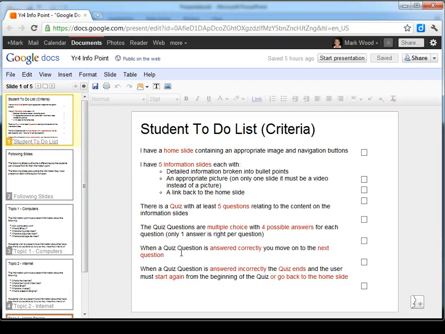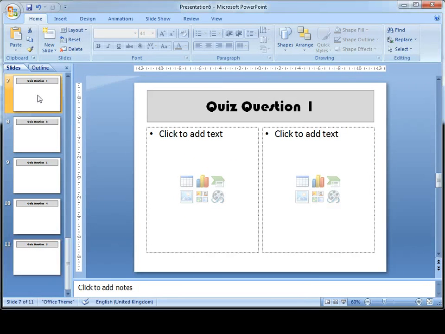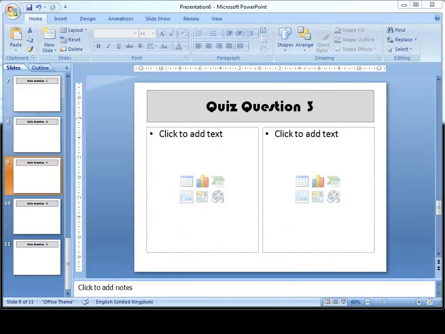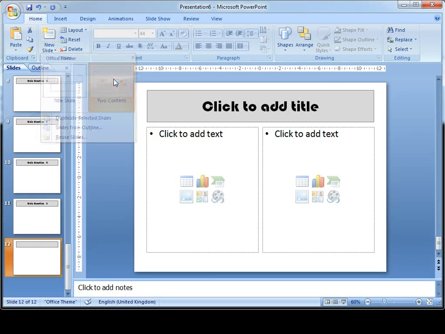However, on these next 2 tasks, it says when a quiz question is answered correctly, you move to the next question. Well, that's fine, because if I answer this question correctly, I will make it go to this slide, etc., etc. However, when a quiz question is answered incorrectly, the quiz ends and the user must start again from the beginning of the quiz or go back to the home slide. Now what I want to do is I'm going to create 2 more slides at the end of here. I'm just going to insert a new slide. And after quiz question 5, I'm going to put